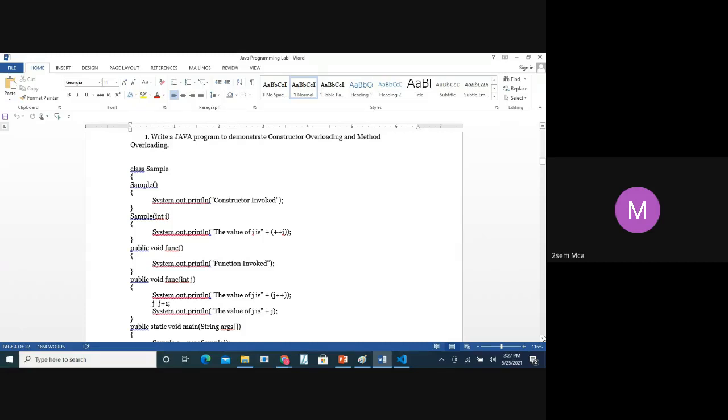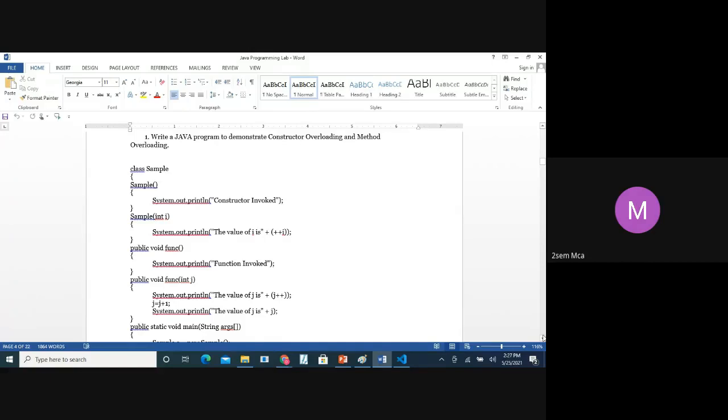Diksha, present, ma'am. Dakshayani, present, ma'am. Kishan, present, ma'am. Harshit. Darshan is also present. Okay, Darshan, I'll mark. Harshit, present, ma'am. Hemalata, present, ma'am.